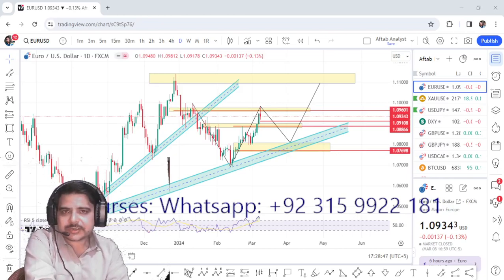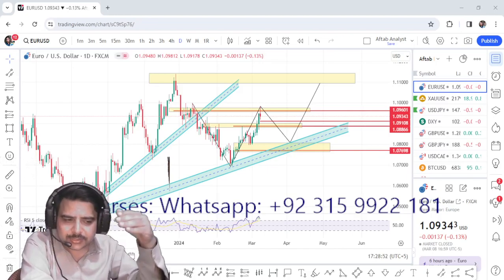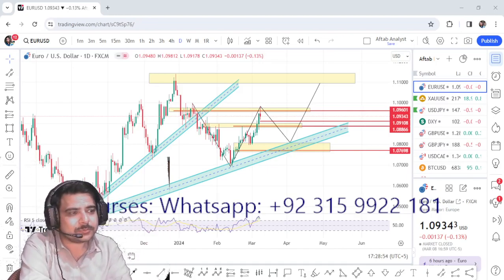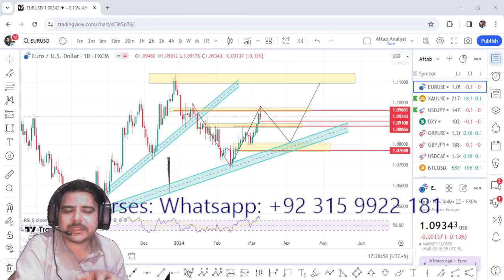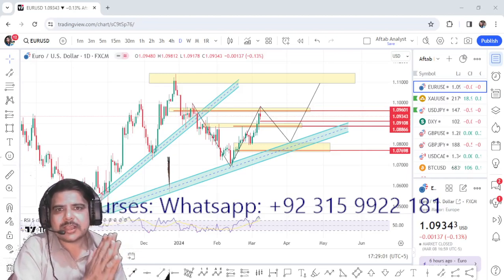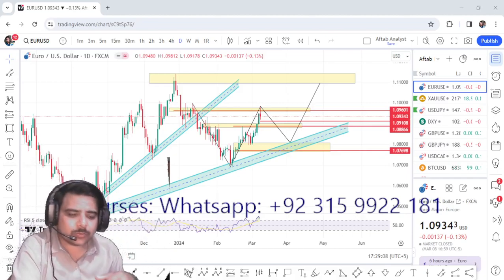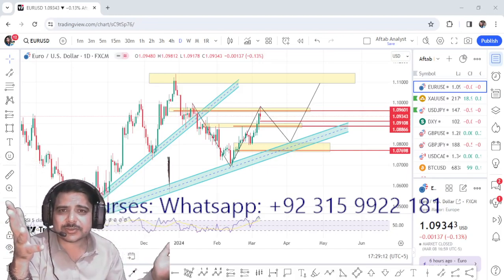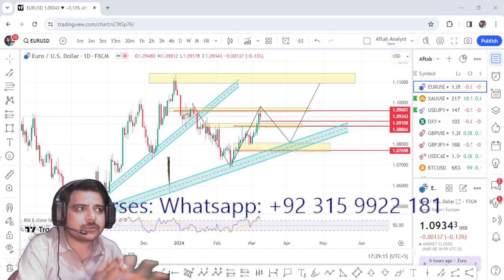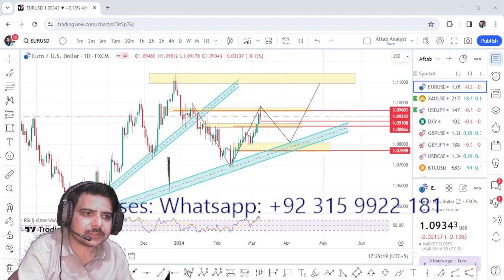Most of the traders who come to me have blown their accounts or are almost near that. So before that time comes, I highly recommend every trader playing with real money to hire a mentor for yourself, because in forex trading you always need someone with whom you can discuss your trade idea. You may be a very experienced trader, you may be a beginner. For all types of traders, I have courses and